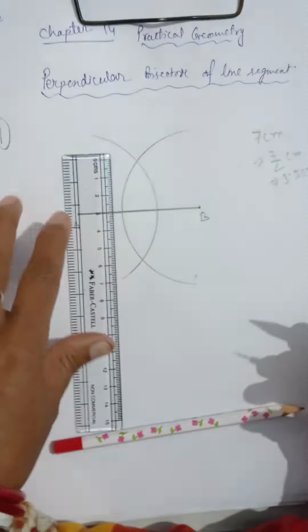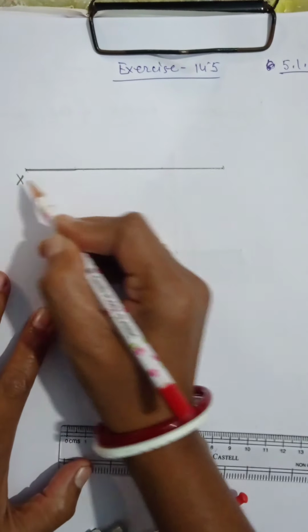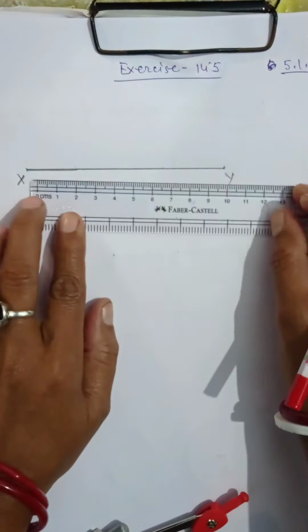Okay, so here, yes, I have got 10.3 centimeter. You can see it carefully. It is 10.3 centimeter. That line segment has been named XY. It is 10.3 centimeter. Again, I am showing you it is 10.3. See, verify this one. Then you have been asked for the perpendicular bisector of this one.